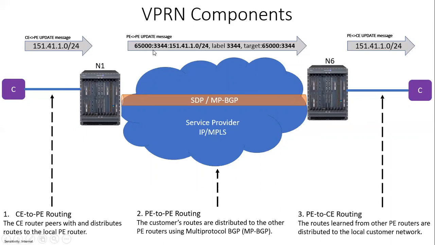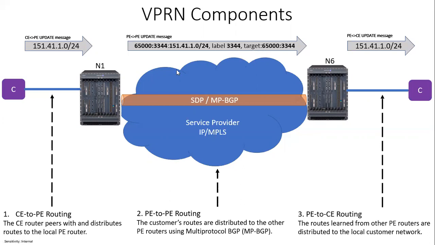is going to be 65,000:3344. It's then going to generate a label for this particular IPv4 prefix, and this is going to be called our VPN label. And in our case, the label 3344 is generated. And finally, it's going to attach an extended community onto this update message, which in our case is going to be the route target